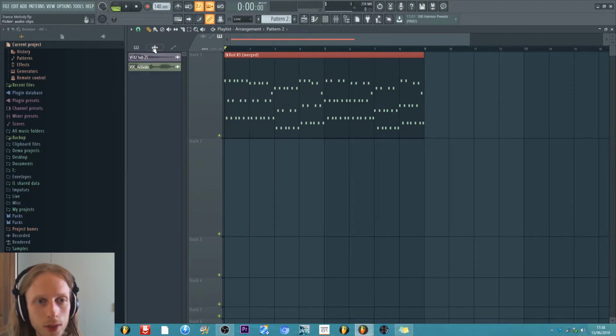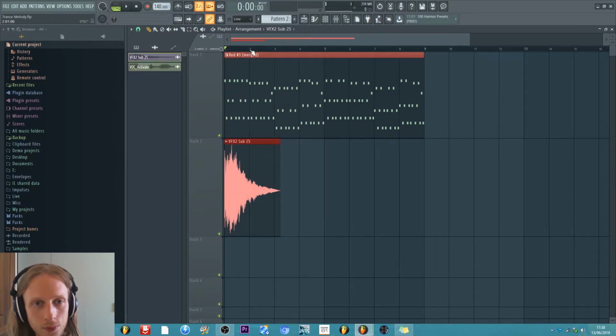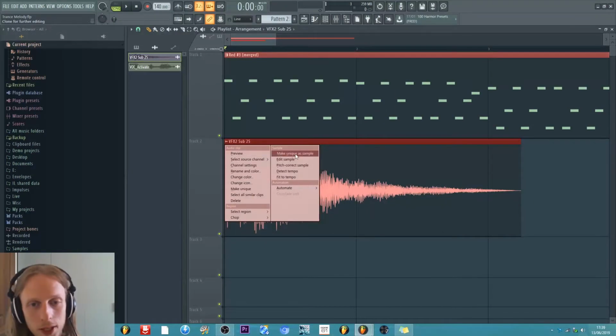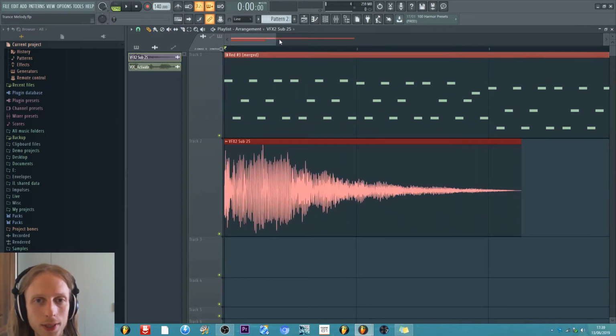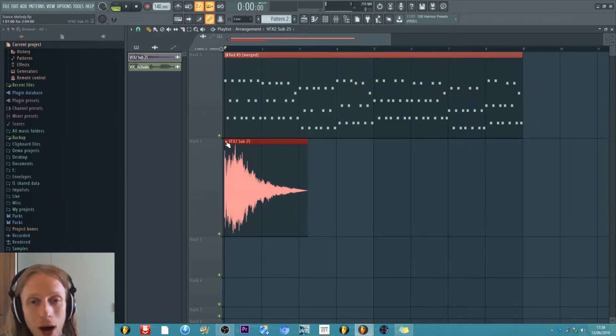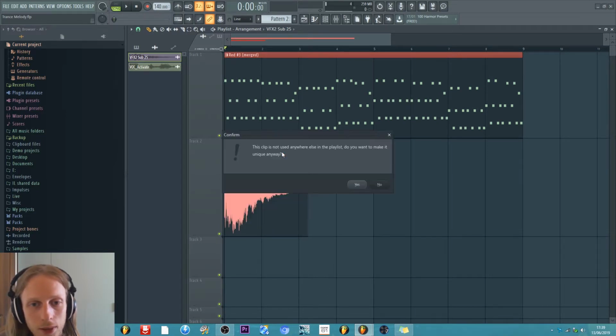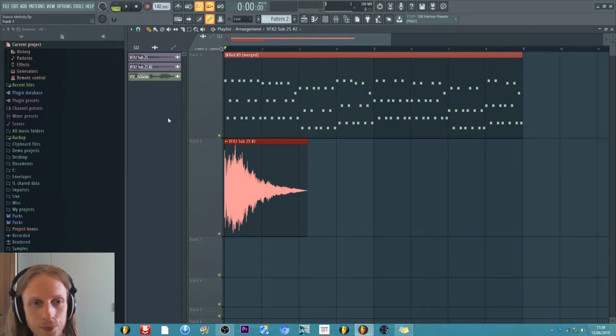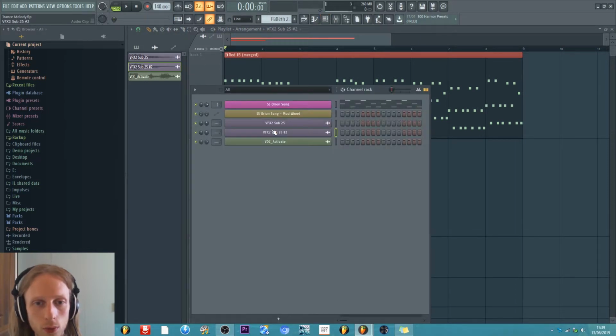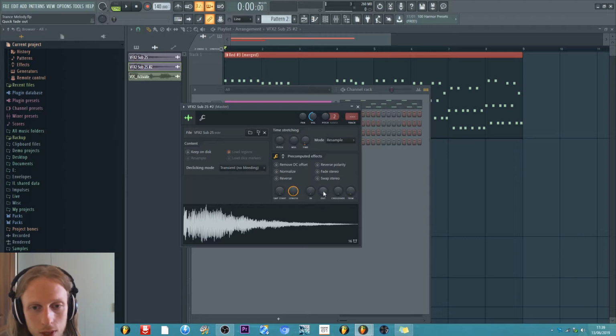And about audio clips, you also have make unique as a sample. So it basically loads this sample twice in the project. In this way, if I click make unique as a sample, the file in your Windows folder is the same, but in FL Studio, when you make a change to the sound, for example you create a fade out, or you change the pitch,